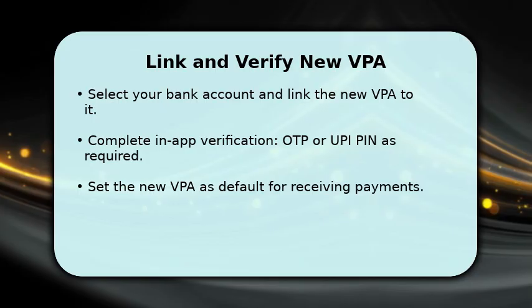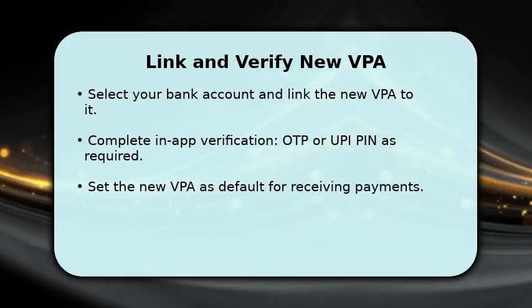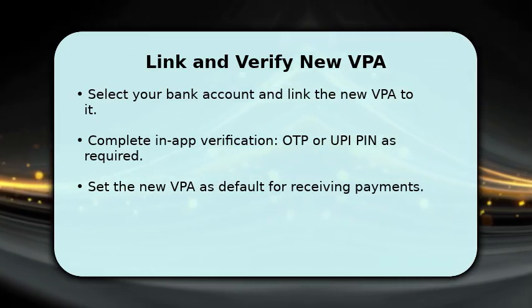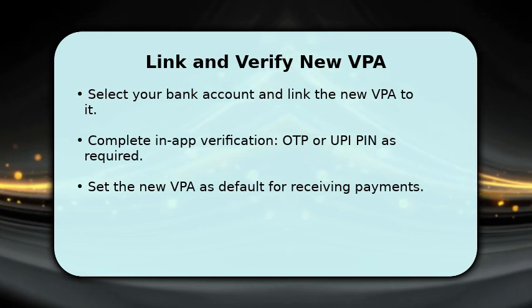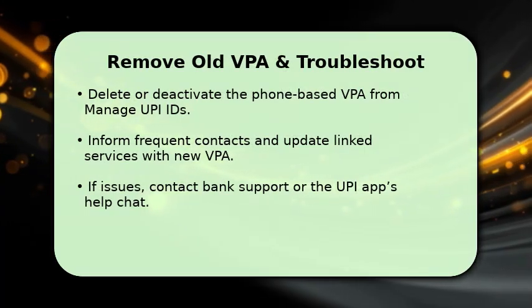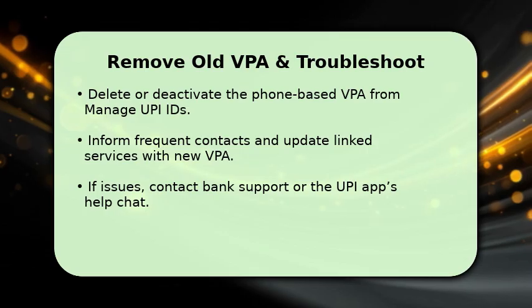Doing this ensures senders see the non-phone VPA first. You're changing the exposed identifier while keeping the same underlying bank account for settlements. Finally, go back to Manage UPI ID and delete or deactivate the old phone-based VPA to stop incoming requests to